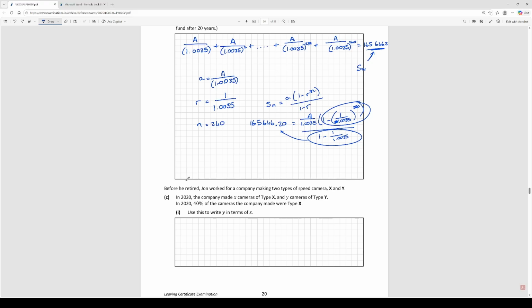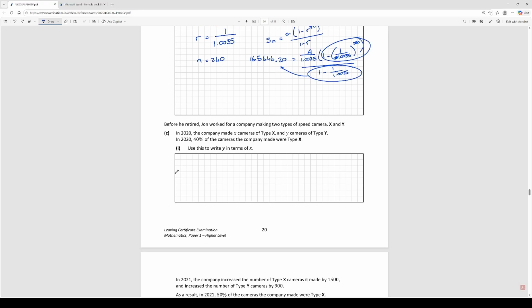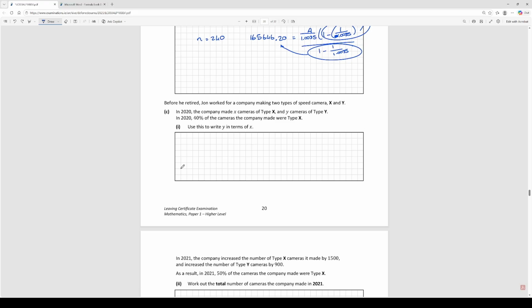Before he retired, John worked for a company making 2 types of speed camera, X and Y. In 2020, the company made X cameras of type X and Y cameras of type Y. In 2020, 40% of the cameras the company made were type X. Use this to write Y in terms of X. All right. So,